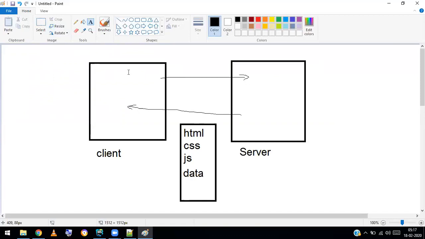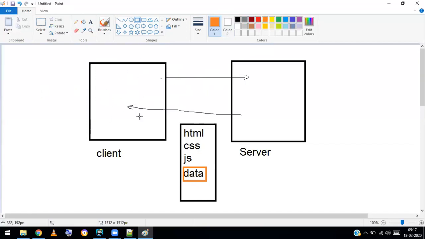So what exactly is a single page application? It's the same as the Ajax request, so the Ajax concept applies. You can send an XML HTTP request, and we get the response not in the form of HTML, CSS and JavaScript. We only get the data, and that too in the form of JSON. So what a single page application is, you never see a page refresh here.